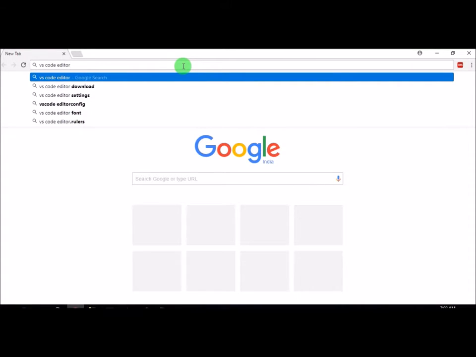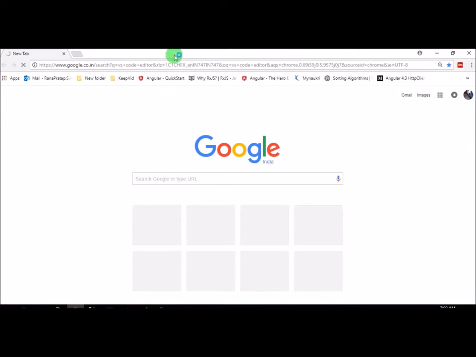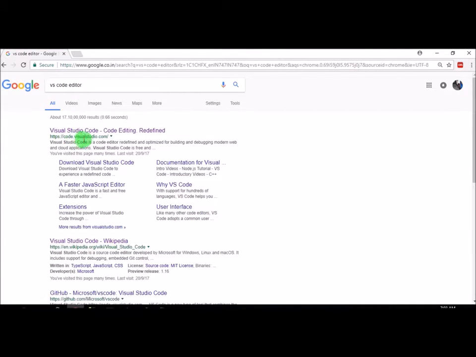To install this VS Code editor, you just click the VS Code editor, and then we have the first link, code.visualstudio.com, right? The important thing over here is